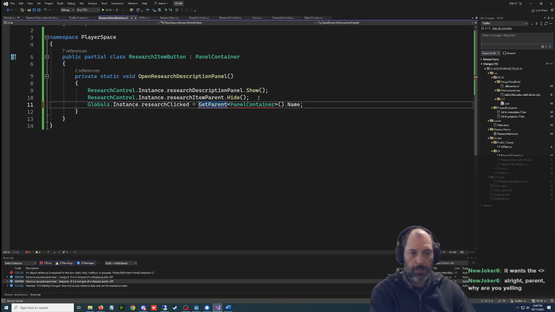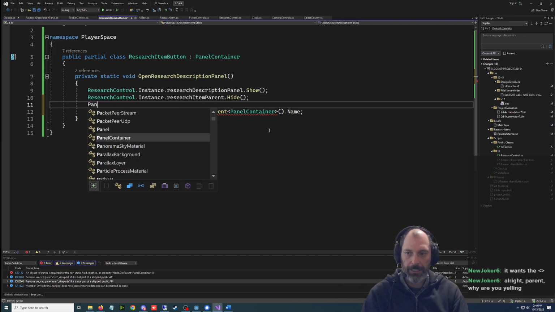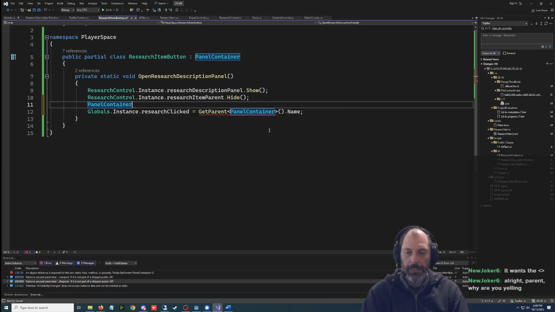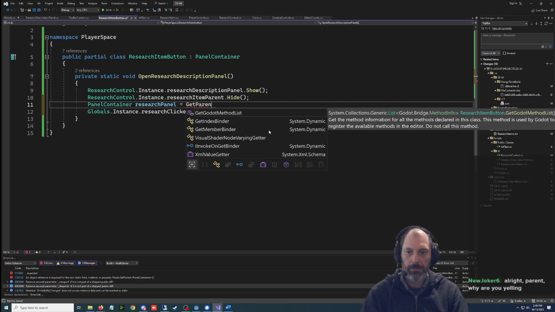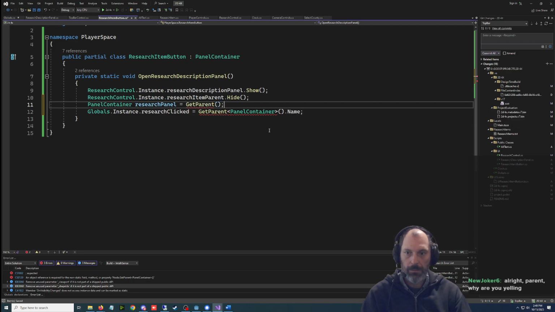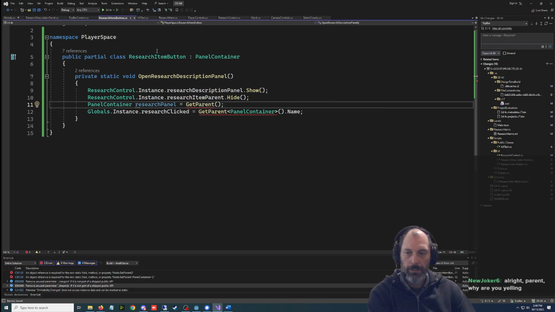A lot of times what I'll do is I'll do it on a different line and then it will work. Like if I say, you know, there's a panel container here and I'll say research panel equals get parent. All right, it doesn't like that, because this is just going to return the button, and I don't want